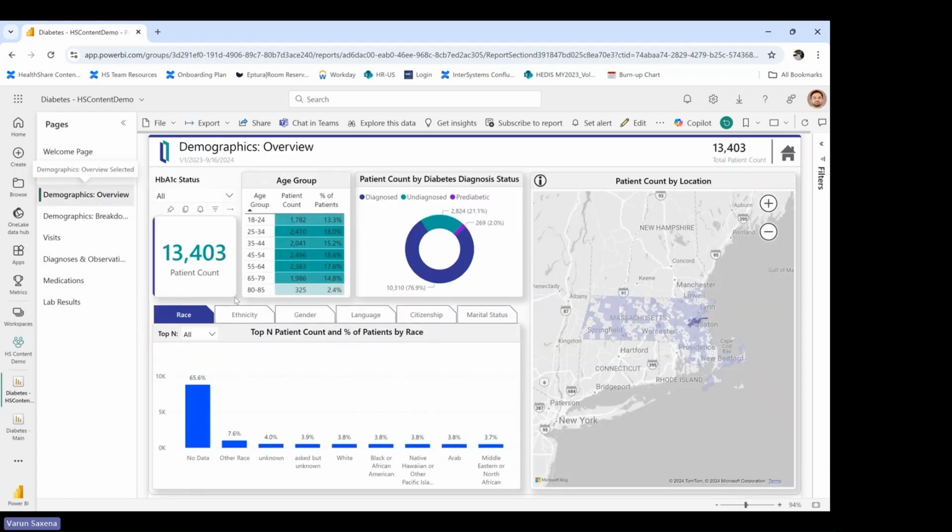So here you can look at your total population, the age groups they fall into, and the count of patients falling into each age group, and what percentage of the population that is. You can also see patient count by diagnosis status. So out of the 13,403 patients that we are looking at through this dashboard, 77% have a diagnosis, but